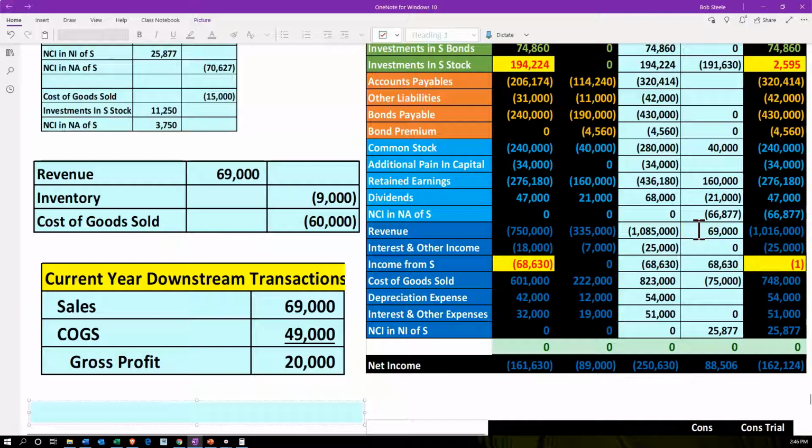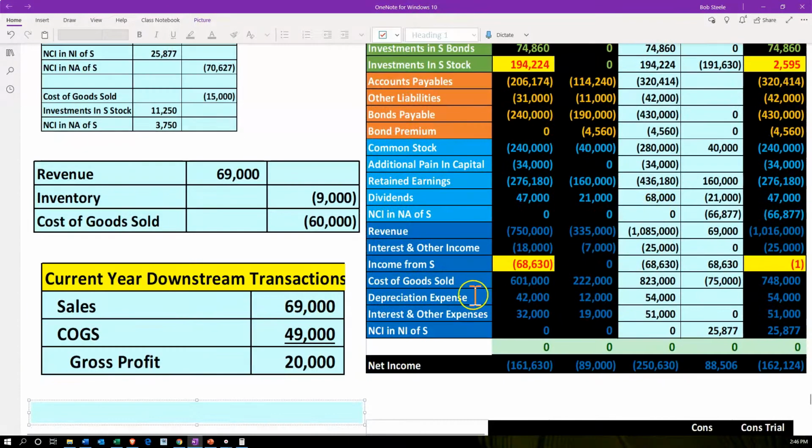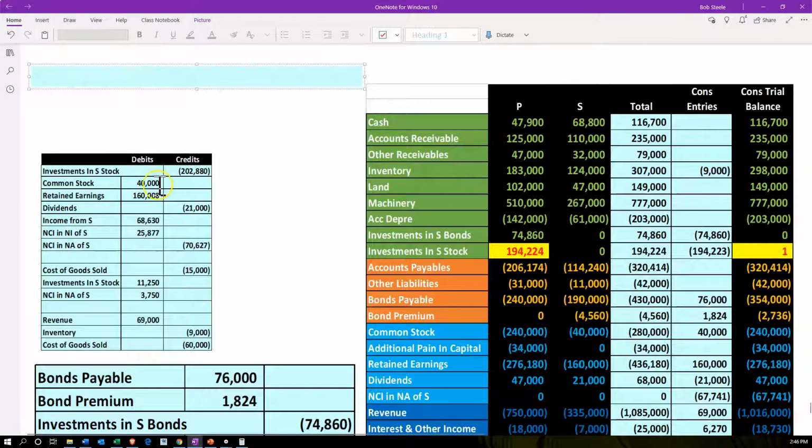So the revenue line is including that $69,000, bringing it down. The inventory up top includes that decrease of the $9,000, and then of course the cost of goods sold, the $75,000, is including the $60,000 decrease there. Next transaction, we have what we've done thus far up top, and these items will be posted